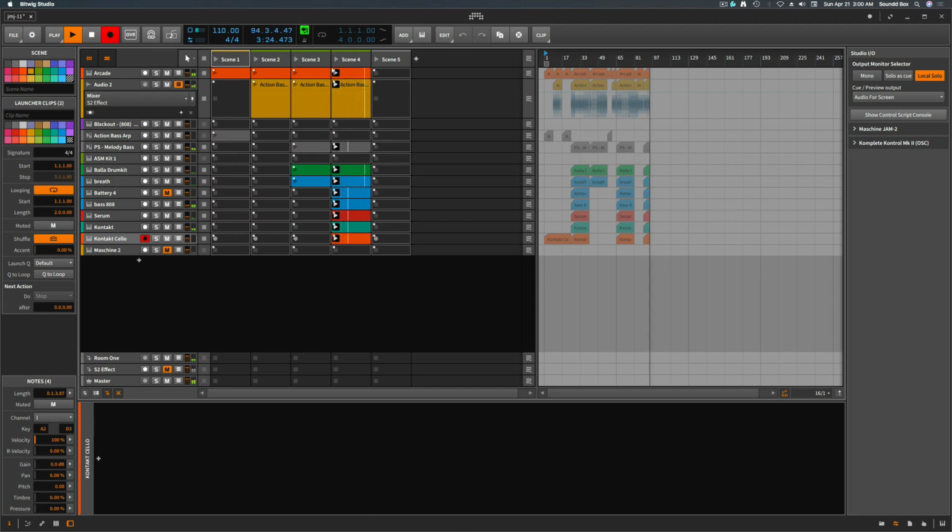So this reminds me a whole lot of Machine. This is exactly like Machine or Ableton Live, whichever one you guys are familiar with. Machine, Ableton Live, and now Bitwig, they all have the same workflow. So it just makes sense. And